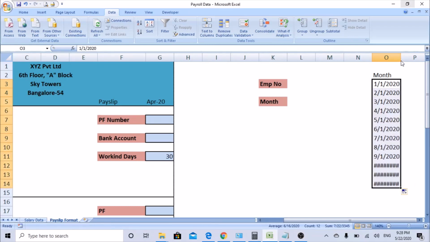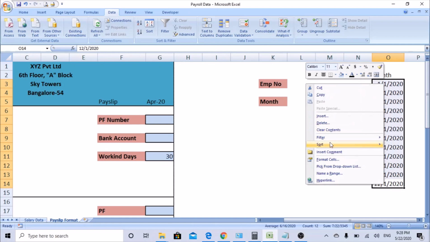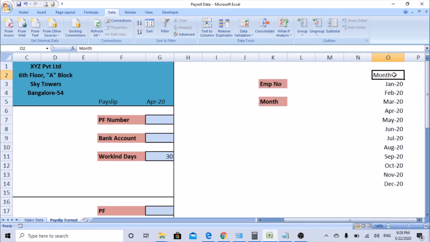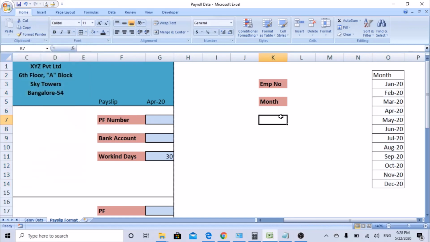Just make it a little bigger. Select this, right click, format cells. We need the format like April-20. Go to Date, go down, and you can see March hyphen year. Select that, and now everything is changed to that format. We'll add borders to make it look good.